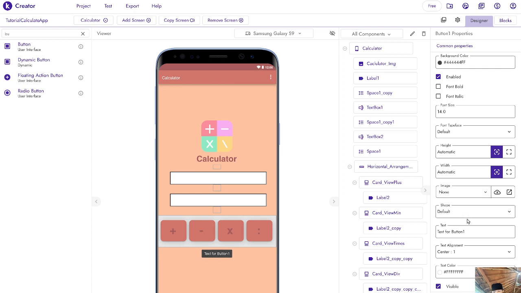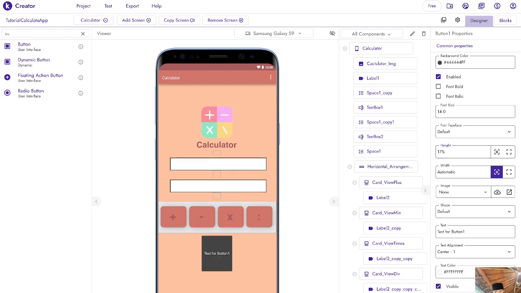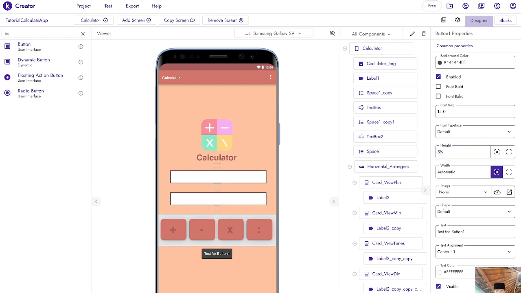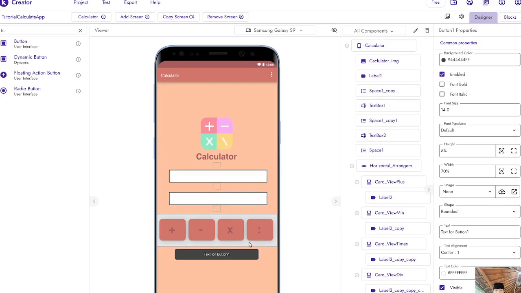It will be 5% I mean, and width to be 70. And make sure it's rounded here.